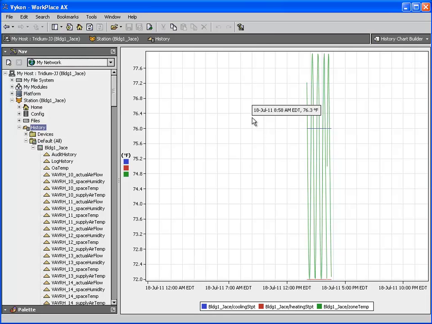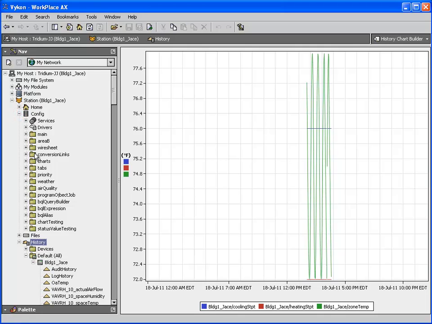The other thing I'd like to point out relative to this chart is that all of these temperatures are using a common axis here, and you can see all of them on the left hand side. Now prior to 3.6 there certainly were issues with consolidating